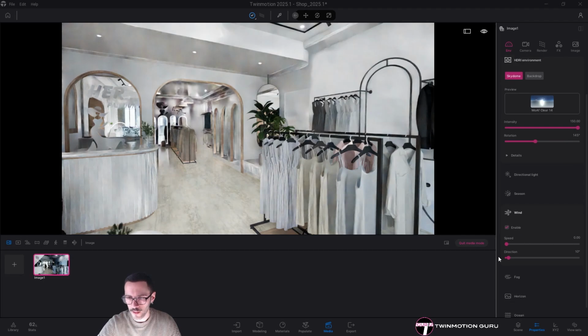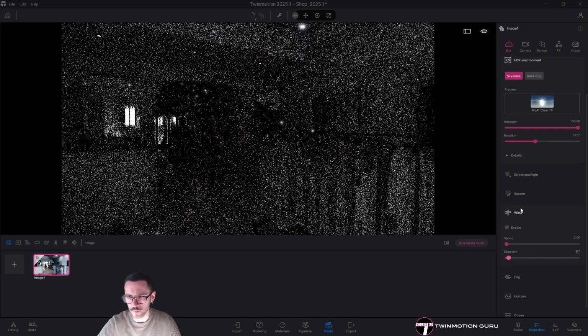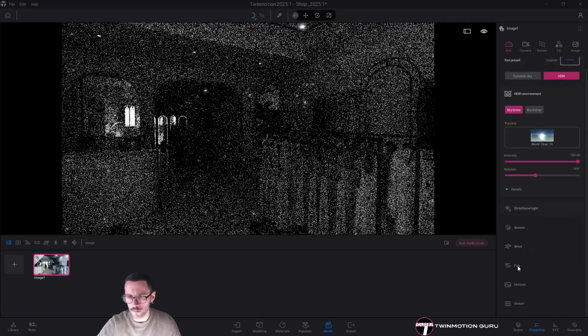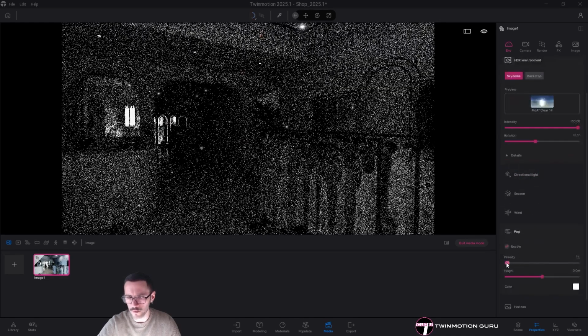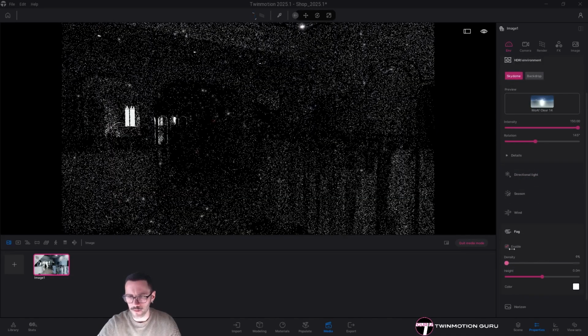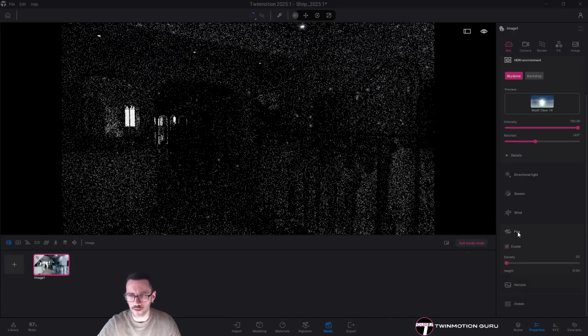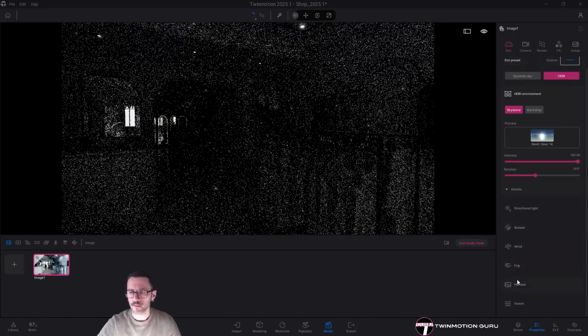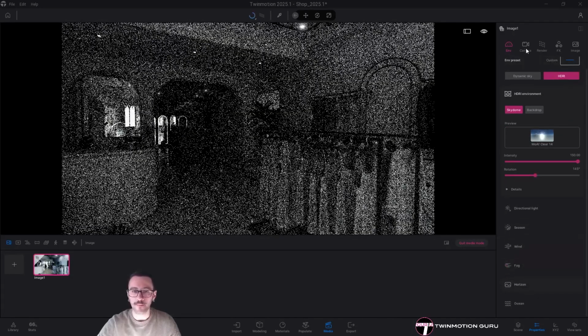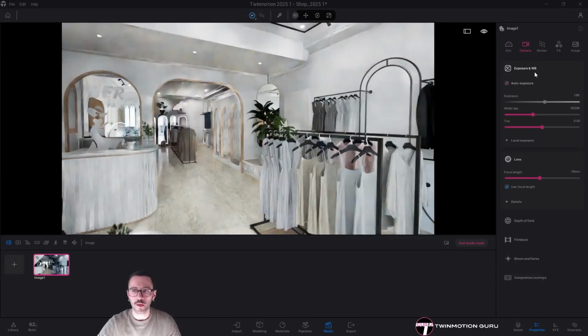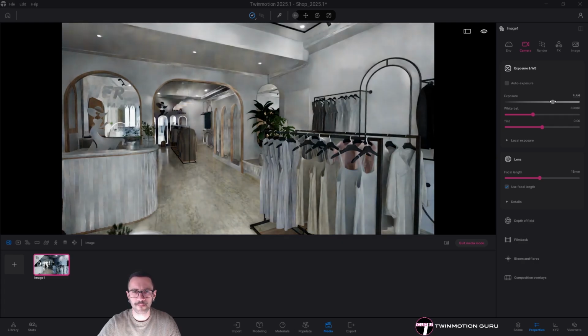All the other parameters will stay as default, because from here I really don't need anything else. The wind is not something I need. The fog should be turned off because I really don't need fog here to destroy my scene. And the most important thing here in the exposure menu is of course the exposure value. So from here, maybe let me just decrease it a little bit,